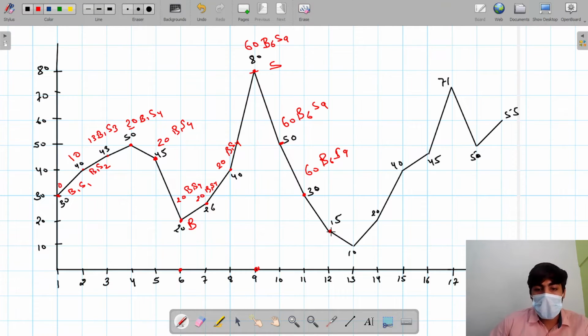This is the day which has the least price ever. Like before that day, there is not any lesser price of stock. So buying day and selling day are the same, getting a profit of 0, which is less than 60. So taking 60 as it is. I hope you are understanding what I am doing here.